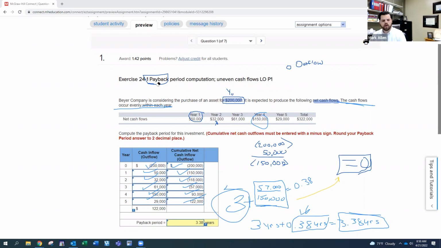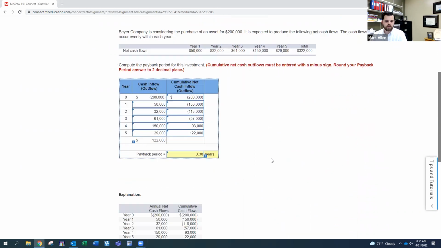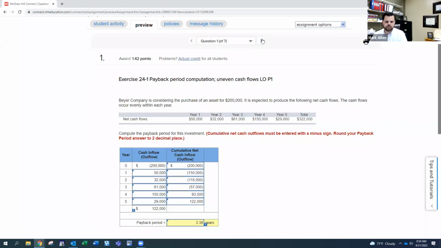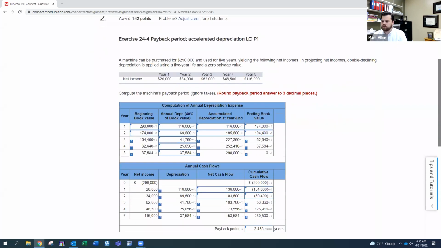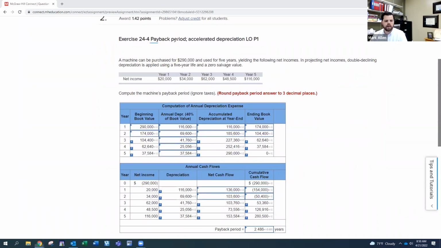So with that done, we'll go ahead and hop on over to number 2. So that takes us through the end of number 1 and now into number 2. Now, number 2. We're looking here once again at payback period, but notice this time with accelerated depreciation. So remember, in Accounting 2301, we had at least 2 types of depreciation. We had straight line depreciation, which we said was just equal to cost minus salvage,